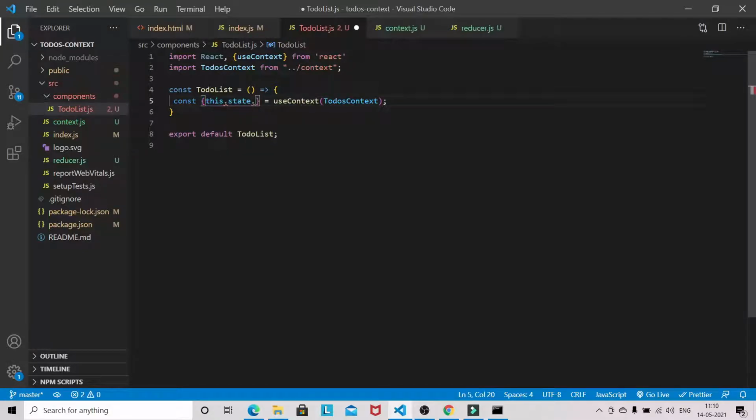So we can access state and dispatch this way.